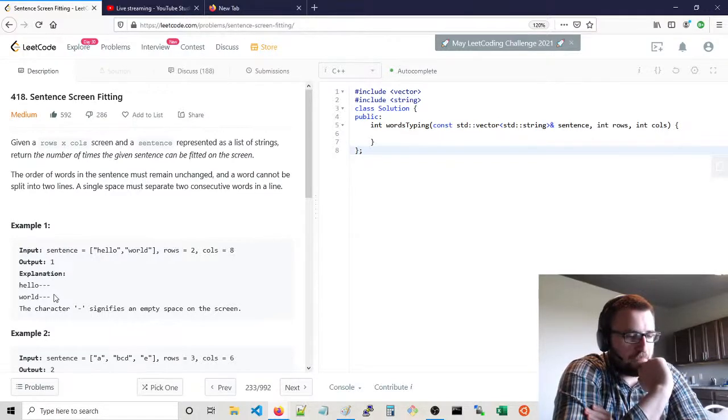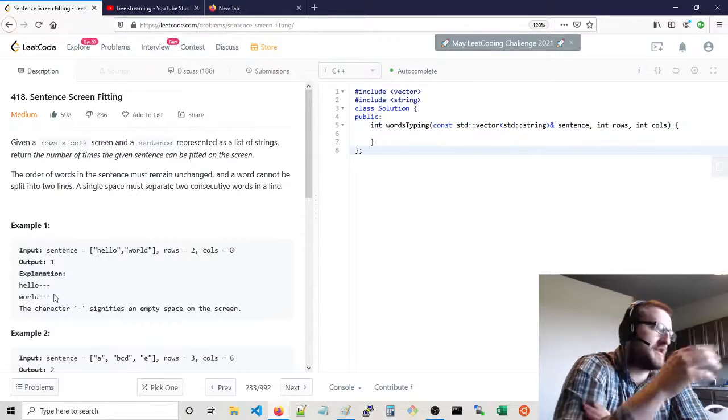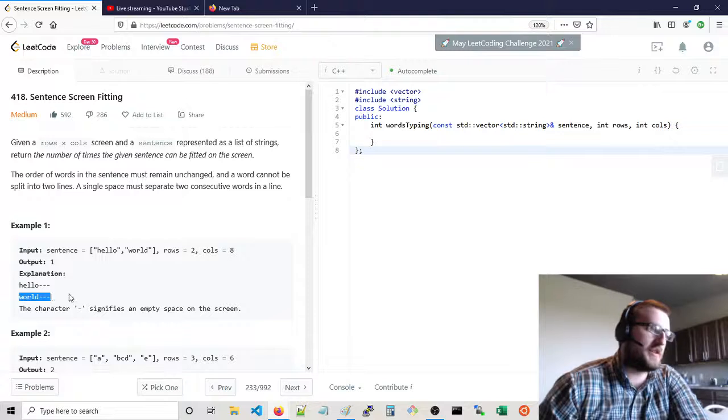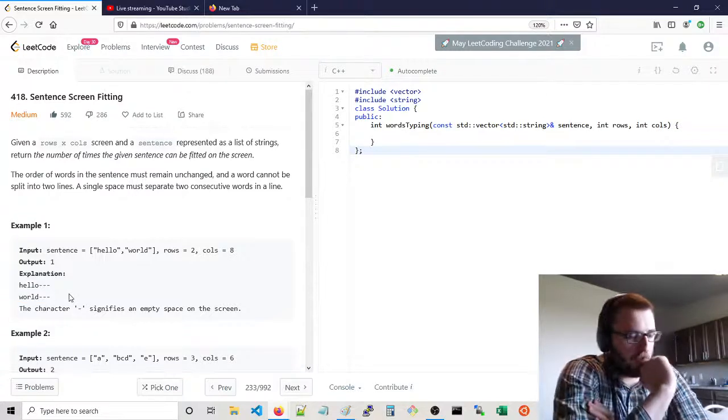Then we'd find the point where the next word is going to be in the sentence, so like in this case, world would be that index in the next spot,